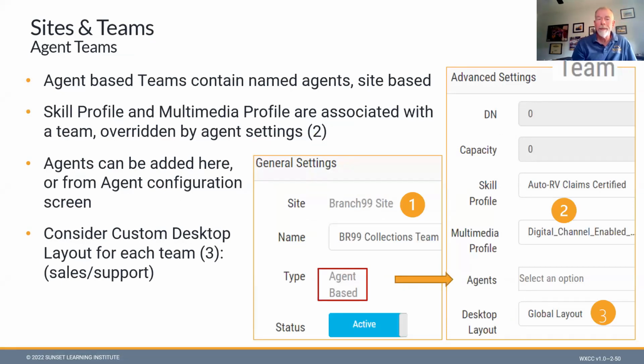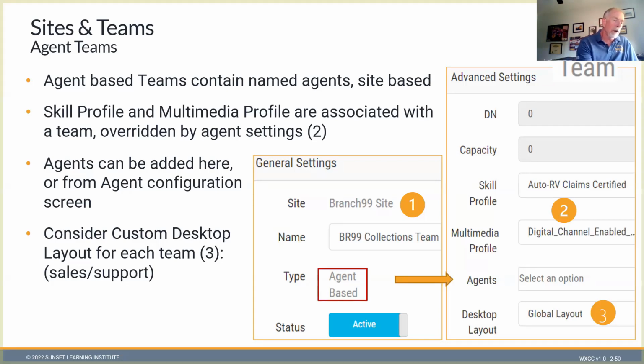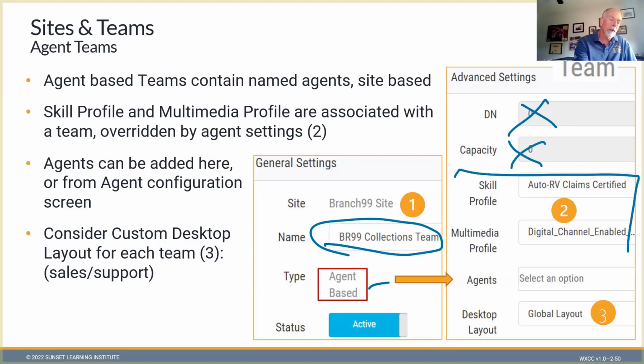Now, when you create a site, it does not create an agent team for you. You'd have to actually create this agent team. Here I've got a Branch 99 site. I'm creating a new team called the Branch 99 Collections Team. Notice we can use spaces here in our naming convention. I've declared this an agent-based team, and what I put in here, instead of having a dial number to reach the capacity team and what capacity it is, now what's enabled for me is different settings